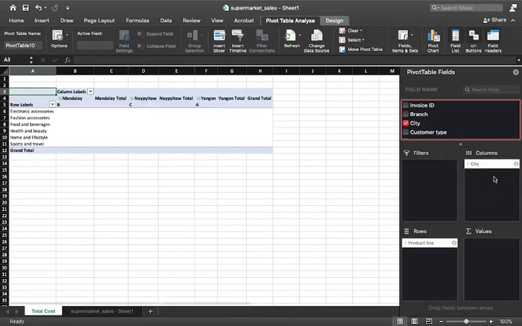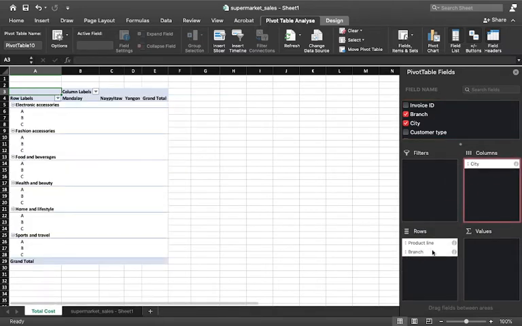So if I put it in the column block, you see how it has been divided, and if I put it in my row, let us see how it has been divided. I think this is much better and easier to understand. So I'll put it in my rows block only, so that I have the product line, then I have the branch, and then I have the cities, right?